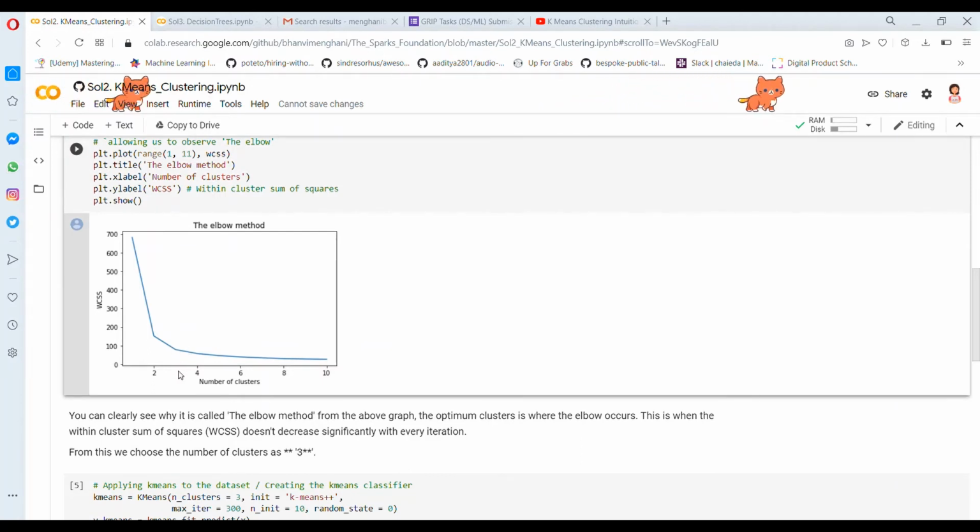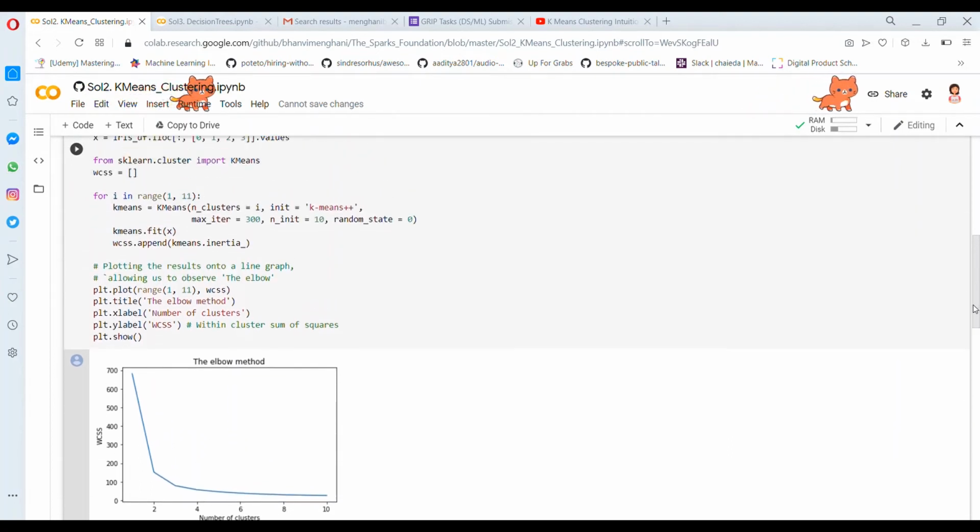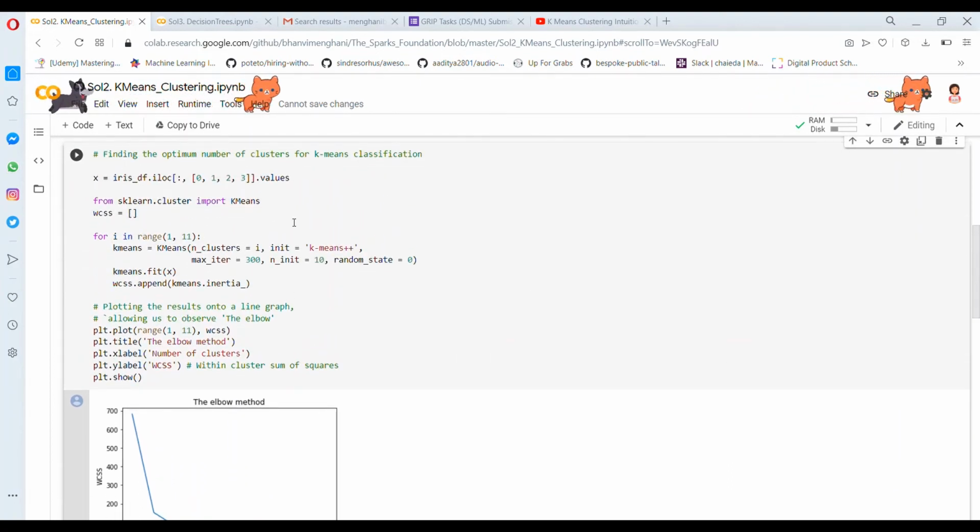So we have loaded our data set and imported the k-means algorithm, which is also contained in the sklearn library. Then for a range of values 1 to 11, we have called this algorithm with a stipulated number of clusters with the same random state, so that there are no more changes in training the model. We have fitted a model and also appended it to our list.